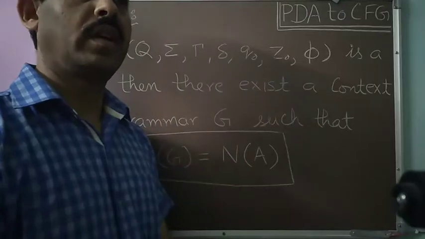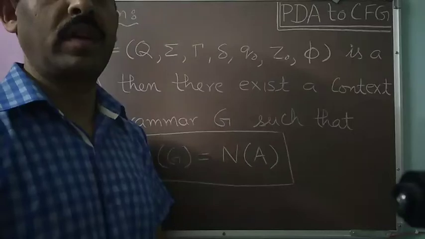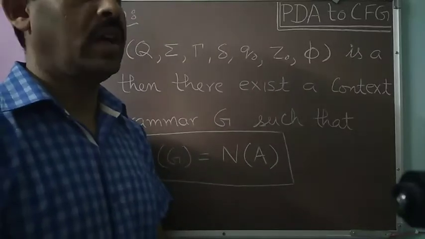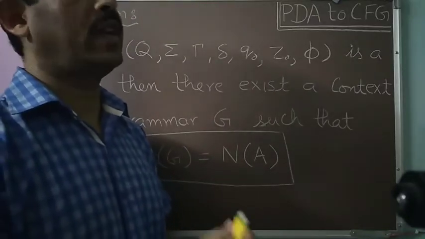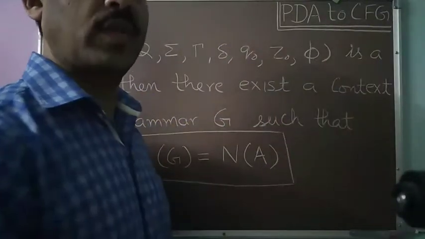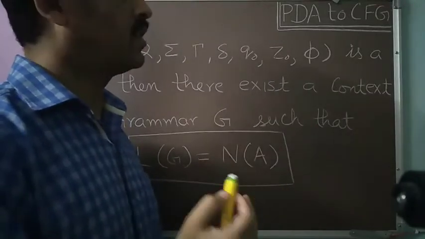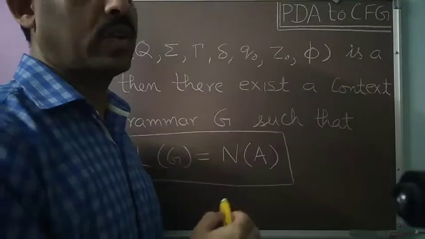Dear students, in the last session we discussed how we can convert a context-free grammar to a PDA. Today we will discuss the reverse of it, that is, how we can convert a given PDA to the corresponding context-free grammar. Meaning thereby, we will have a PDA as input and we will convert it to the corresponding grammar